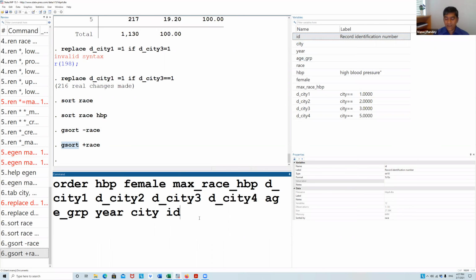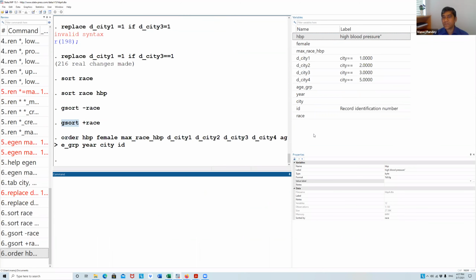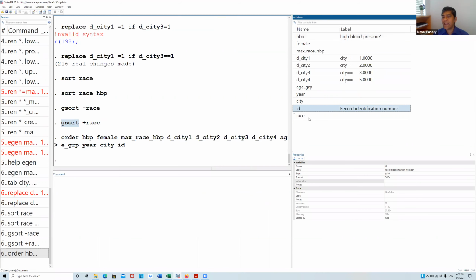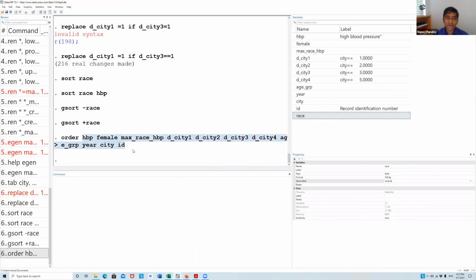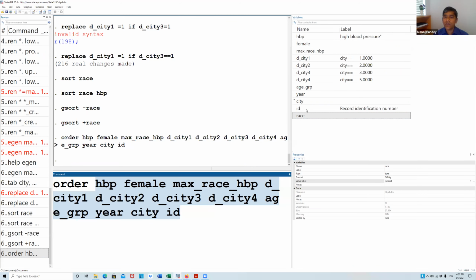When I order it, the order of these variables will change. You can see now the ID is at the end. Why is race at the end? Because I did not write race here. I forgot it. Whatever you forget will be at the end, but the rest of these will be in the same order. First HBP, then female, then max, and so on. So you can always choose your order.